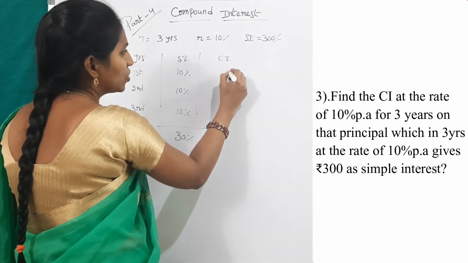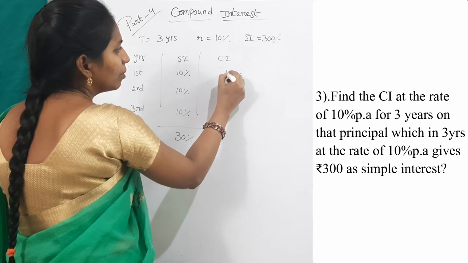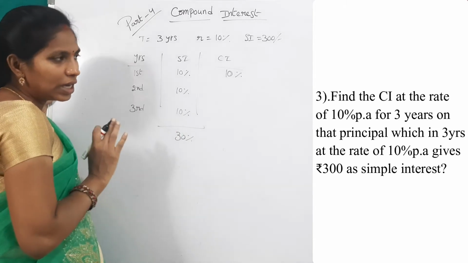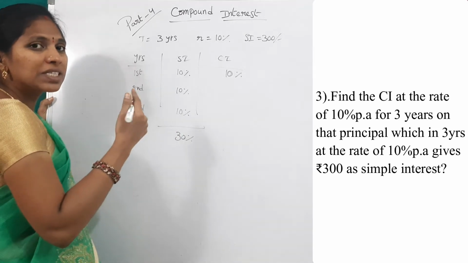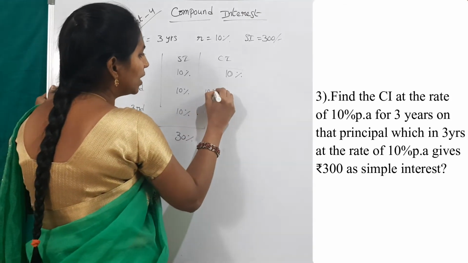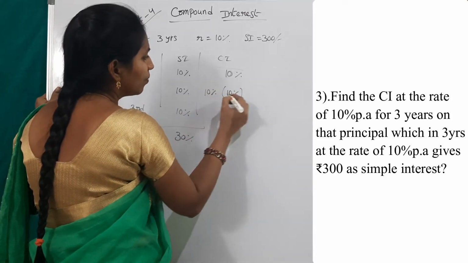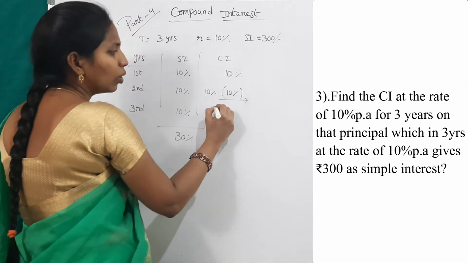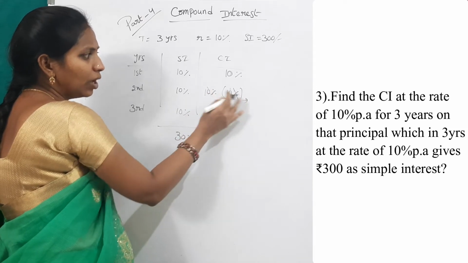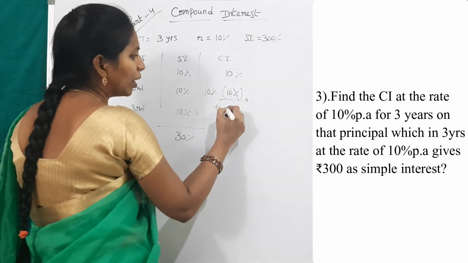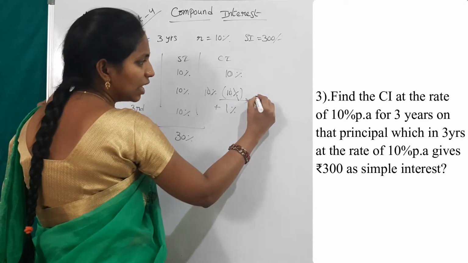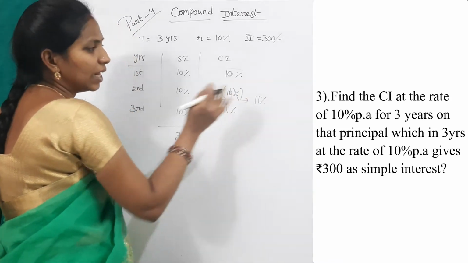Here calculate percentages, rate of interest percentages. Here 10% initially means for first year simple interest and compound interest both are same. But from second year that will be changed. So here 10% of 10%. Cancel this percent and 0, 0. Then what is the result? 1 into 1 is 1 plus 1%. 10% plus 1% result is 11%. This is for second year.